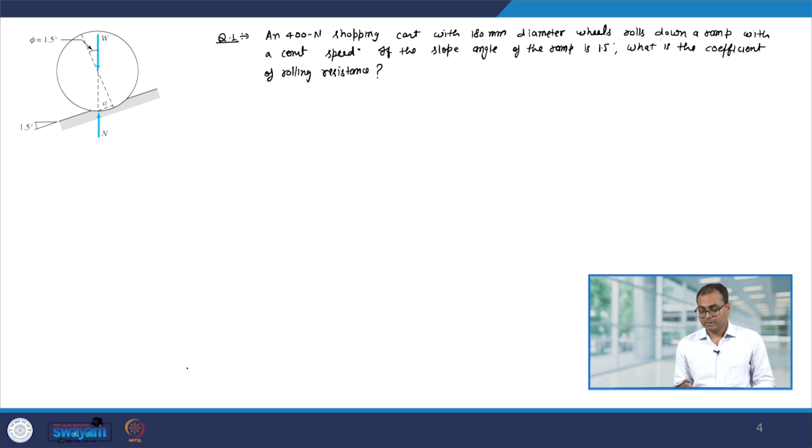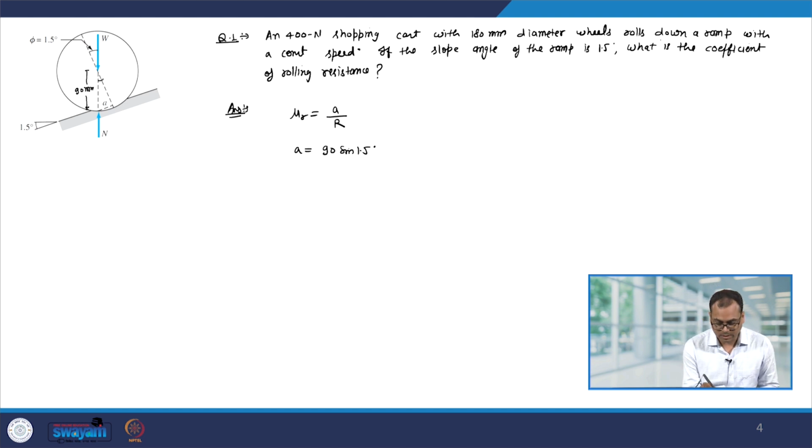Now, in this question it is given that the diameter of the wheel is 180 mm, therefore the radius will be 90 mm, and we know that the coefficient of rolling resistance mu r is a divided by R. Now, from the geometry you can see that a is 90 sin 1.5 degree. Okay, so you can take this as phi, and then a will be 90 sin 1.5 degree, which comes out to be